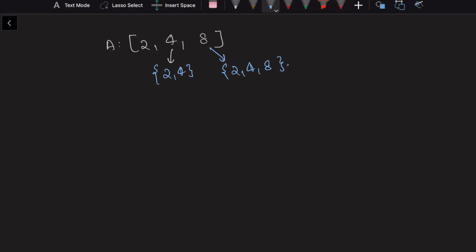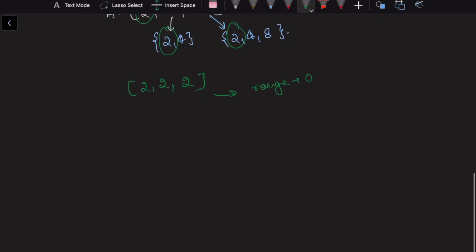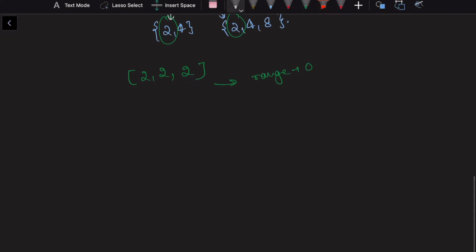Since this is already 2, and this 2 cannot be broken into any further parts, the array will become 2, 2, 2. So the range will be 0. That's the minimum range I can achieve, so I'll return 0.